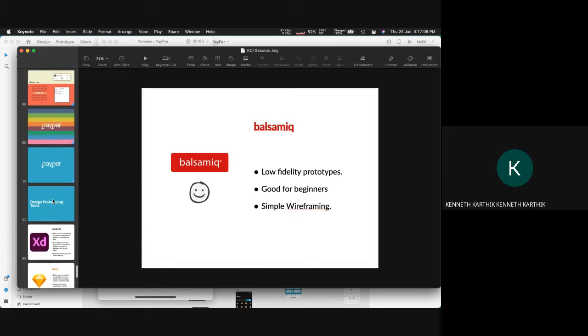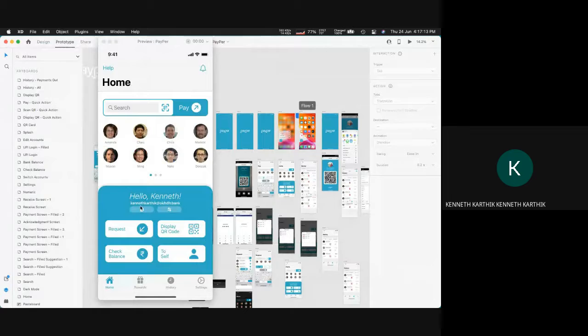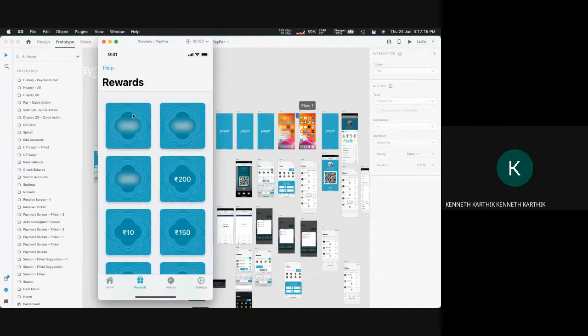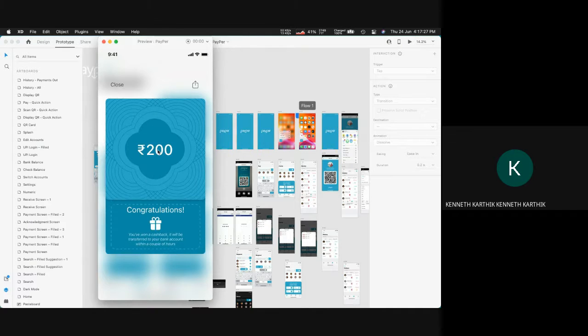And yeah, if you guys have any questions, and also, just one second, I'll just show you, I think I didn't show the reward, how it works. So when you tap on a reward, it shows scratch here, but then the whole actual scratching through the entire card thing, I didn't see the point of that. So you just clear it with a click, and then the suspense is cleared directly, and then you can share it if you want. So yeah, that's it.